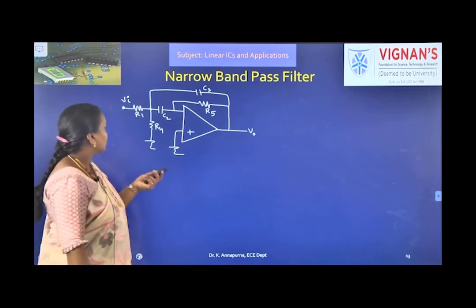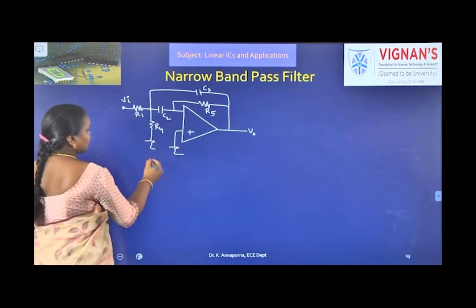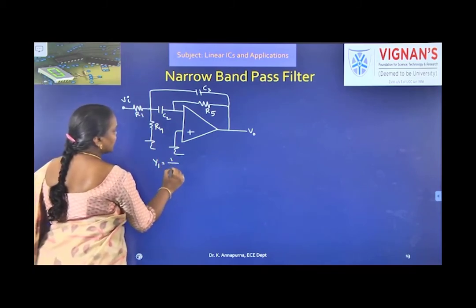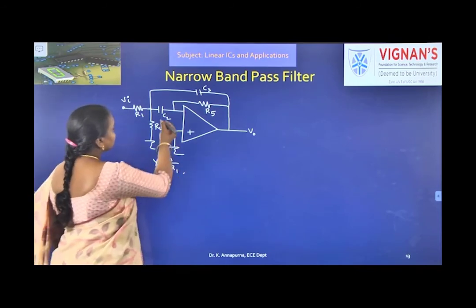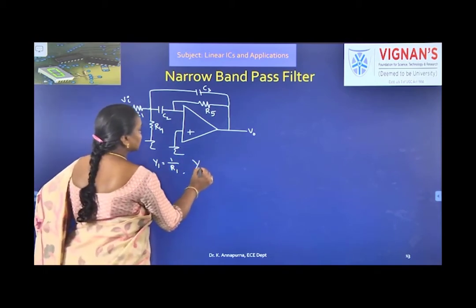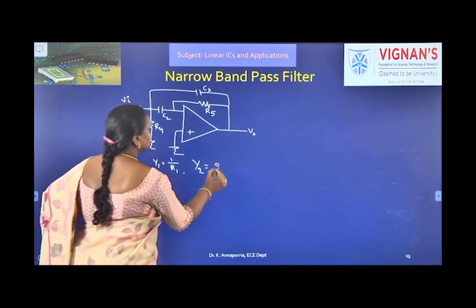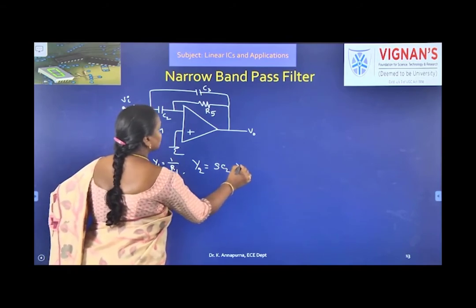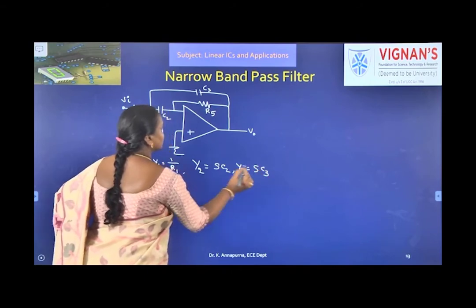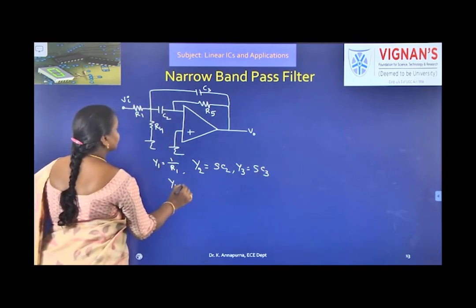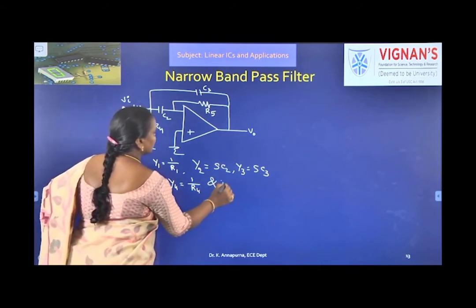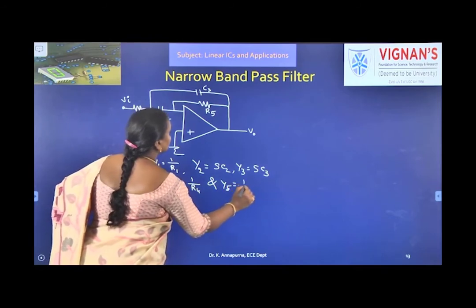Now, in the place of Y1, what do we have? In the place of Y1, we are having resistor. So, what is the admittance of resistance? It is 1 by R1. And next in the place of Y2, I am having capacitor. So, what is the admittance of capacitor? It is nothing but capacitive susceptance. So, SC2. And in the place of Y3, I have again capacitor. So, capacitive susceptance I need to write. And in the place of 4, resistor, so 1 by R4, and in the place of 5 also resistor, so 1 by R5.